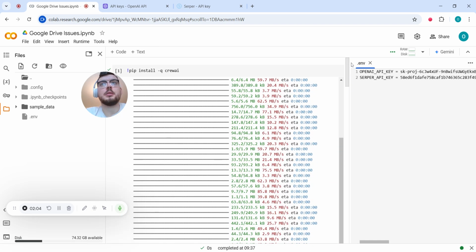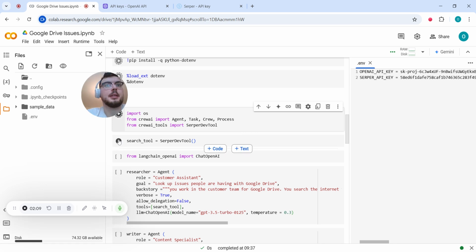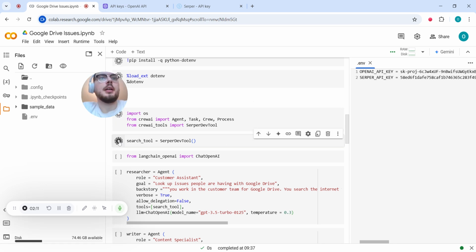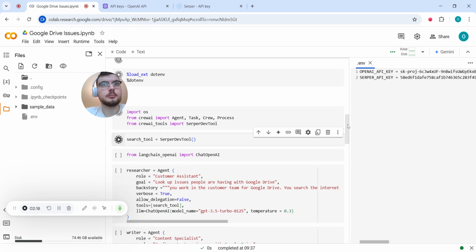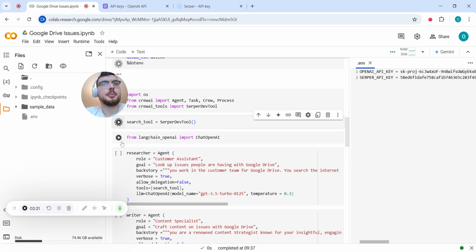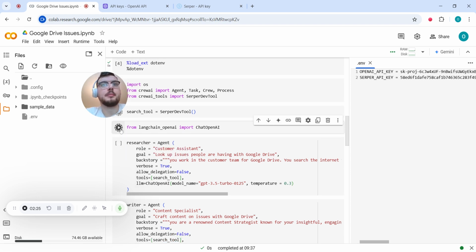Yeah, this defines our web searching tool, Serper, giving it the variable name search tool. Next up, we're importing ChatOpenAI. So now we've essentially imported all the functionality we need, set it all up so we can use APIs, that kind of thing. And now here is just a few lines of